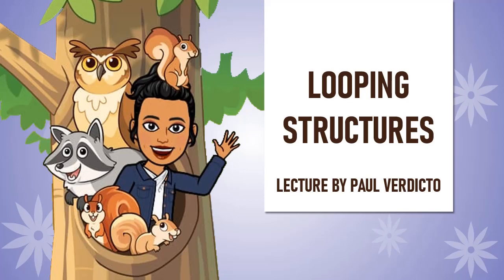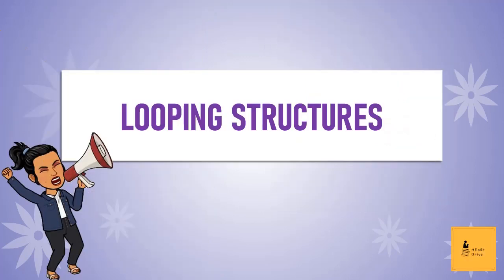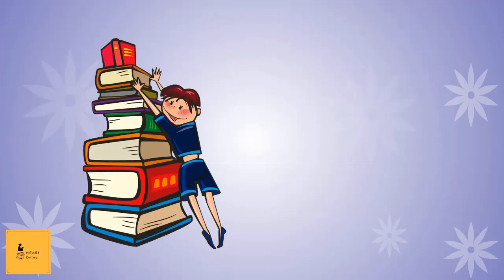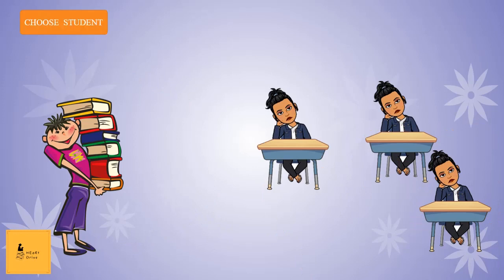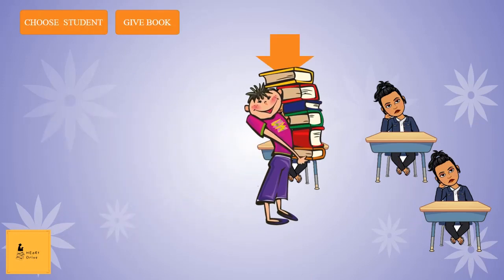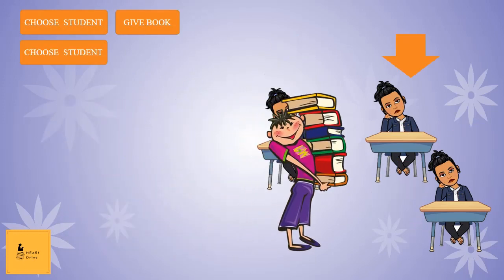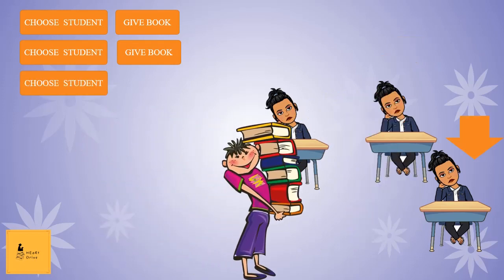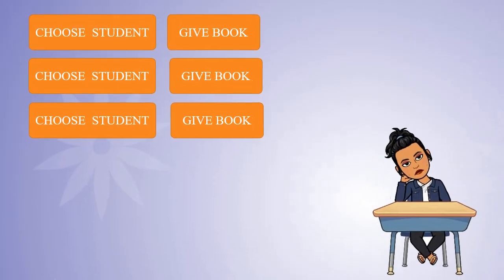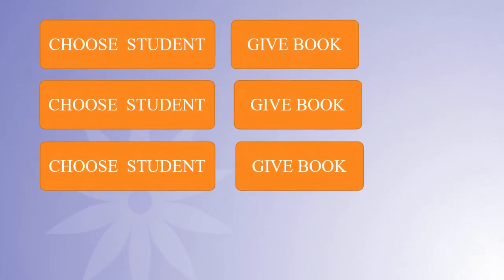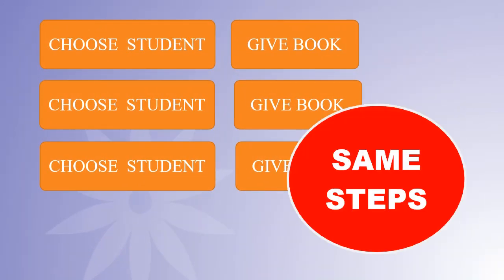In today's class, we'll learn about looping structures. Let's see a small example. Imagine you're giving instructions to distribute books to 3 children. So you can give commands like choose student 1, give book, choose student 2, give book, choose student 3, give book. Now, when you look at these instructions, all the instructions are similar, which means you are repeating the same